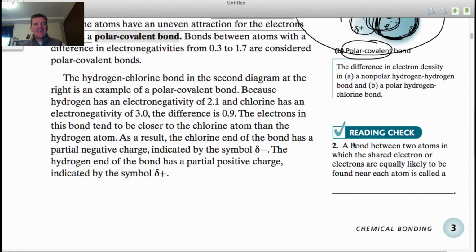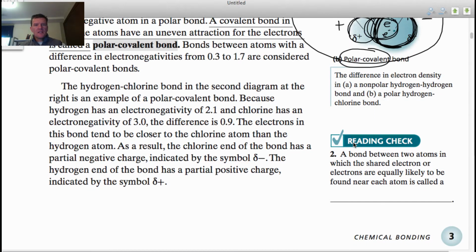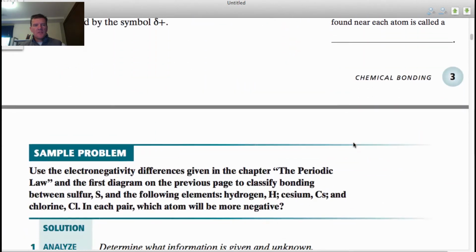All right. The difference here, by the way, is... no, let's go on to